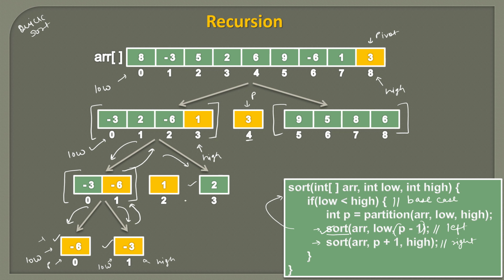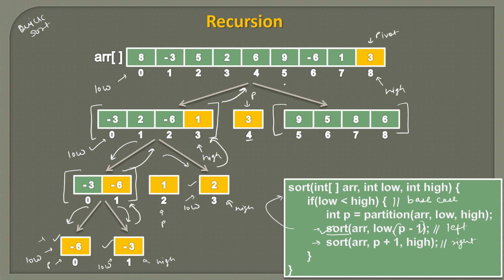For this element, low and high will be at the same spot because this is our p. And if we are going on the right side, we do p plus 1. So p plus 1 will be the index 3, which will be our low, and high is already at index 3. So this is sorted like this. So now execution point will reach back here. And here you can see left side is now properly done. So it will go back here.